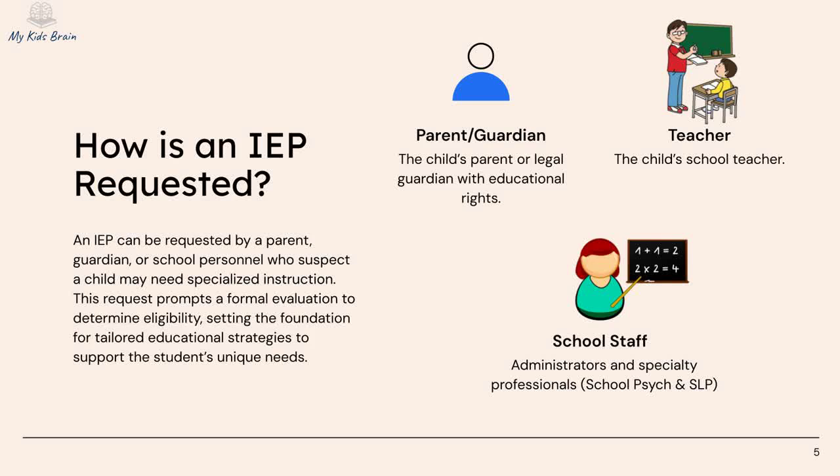When making a request for an IEP, it is recommended that the parent or guardian make such a request in writing. Within the letter of request, the parent should ask that the school evaluate the student, include their full name, to determine whether they qualify for special education services under an IEP. Include your concerns and be specific, as this will help facilitate the process. For example, if your child is having difficulty reading and writing at grade level, then write that.